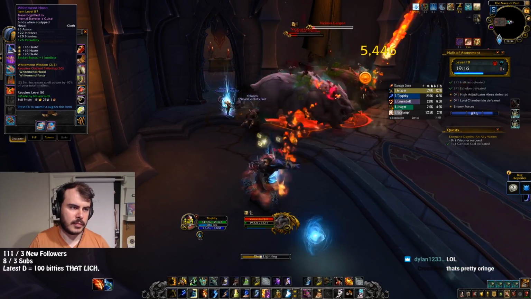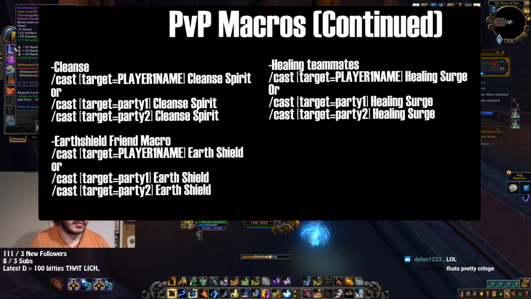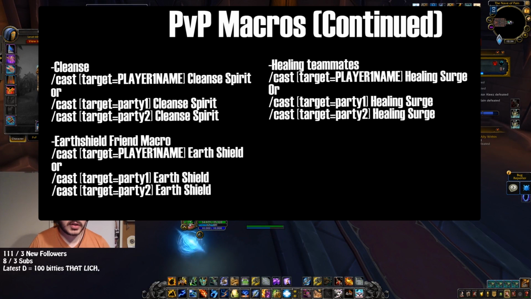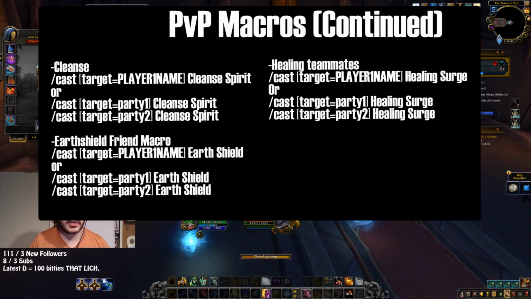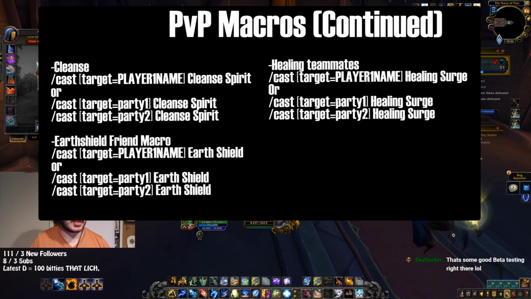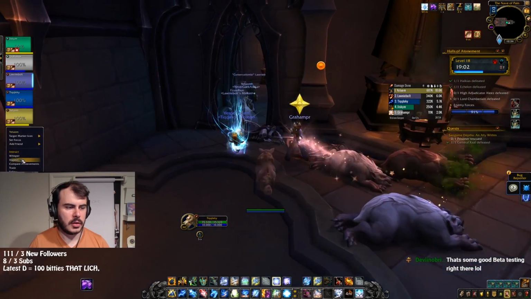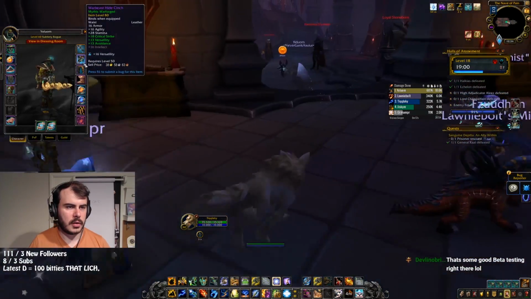Now, lastly, the Healing Surge, Healing Teammates. Really, I think this is really key for Enhance more than anyone else because it will be an instant cast. It becomes extremely important, again, to not have to switch targets, but to just press those healing buttons to save your teammates. So, with that being said, guys, those are the macros and those are the keybinds that I use